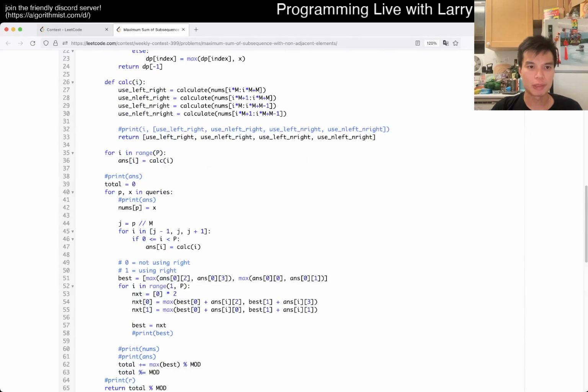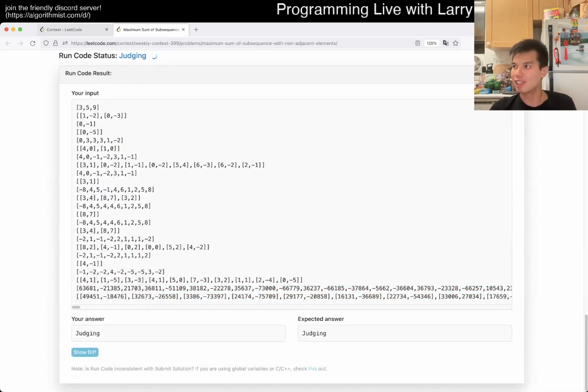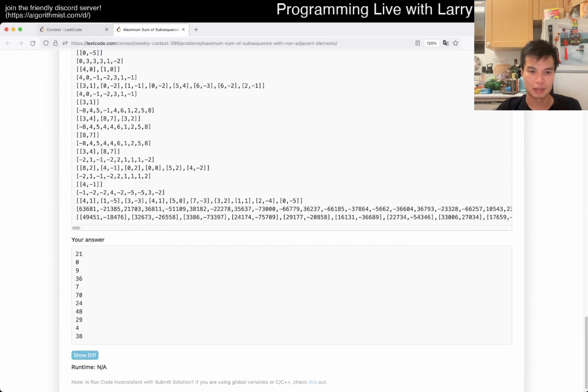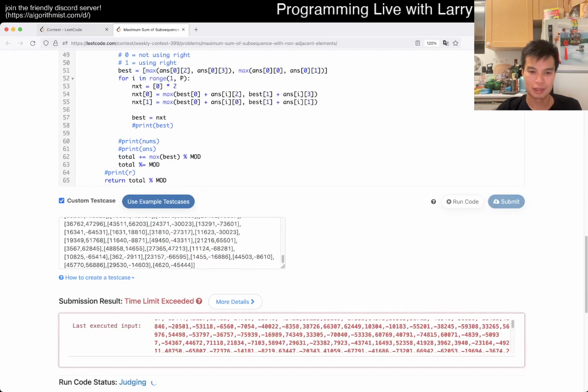Let me hopefully print out my MNP. Do I not do my square root right? Which is possible. I think this should just be square root, not n over square root. Maybe that's a little bit weird, honestly. No, just time limit exceeded without any